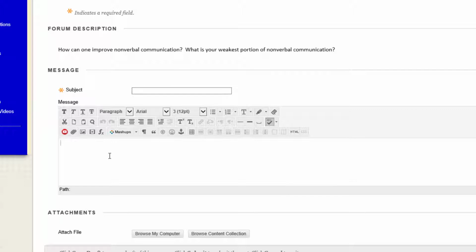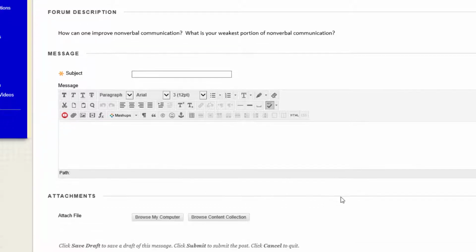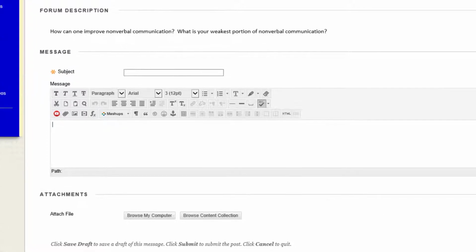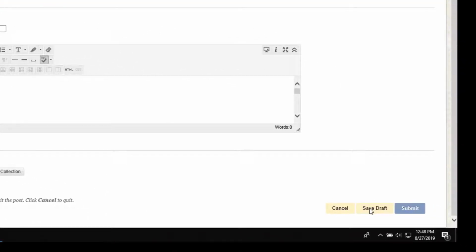This is where you would type your detailed response for that discussion question. Scrolling down, if you wanted to put in any attachments, you could put them in from your computer, from your phone if need be. Once you're finished, you can either save draft, which means you can go back and edit it at a later time, or you can click on the submit button, and that would submit your response for